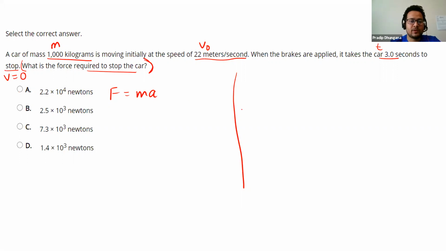So we do have that information: mass, initial velocity, time, and final velocity. Based on that information, think about how we can calculate acceleration. You can write your answer in chat, annotate, or turn on your mic and answer. How can we calculate the acceleration of the car when we apply the brake?